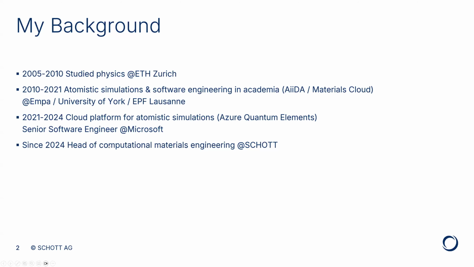Yes. So I interrupt you when you're saying you worked with Microsoft. Yeah, so since 2024, so since roughly 2 years now, I'm so-called head of computational materials engineering at SCHOTT. That means I lead a small group within the materials development, and our goal is to use computers to predict materials properties and help our materials engineers be faster in making great materials, and then also seeing how these materials enter production and eventually the real world. So that's what I love about this position.